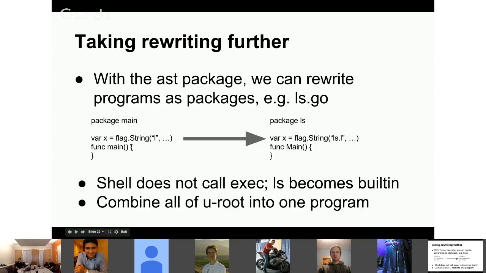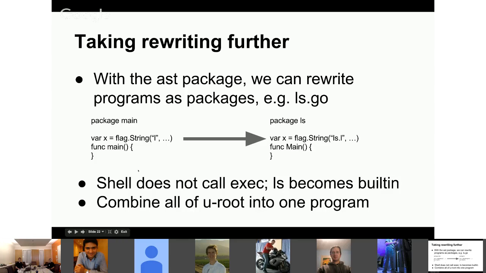The ls normally is package main, and it has some flags, and it has a function, and this code I have basically transformed so now it's the package ls, which gets built into it, and all the strings are renamed to ls.l, but I nicely don't require you to type ls.l. You can say ls -l, and I translate the switches. And then I renamed the function to be capital M Main. Well, that's kind of required because of the way Go exports work.